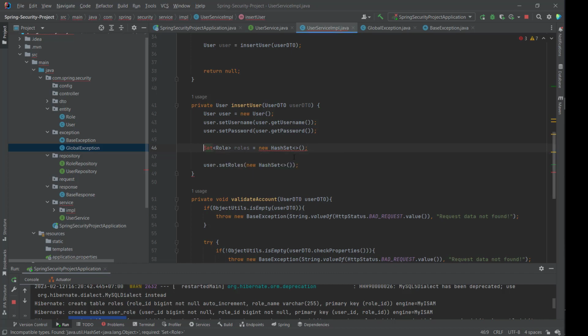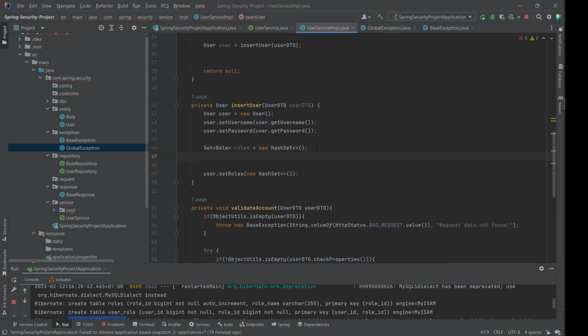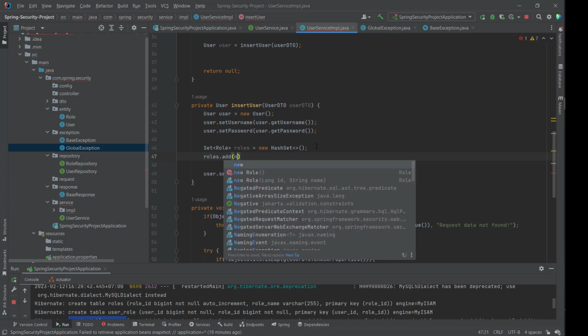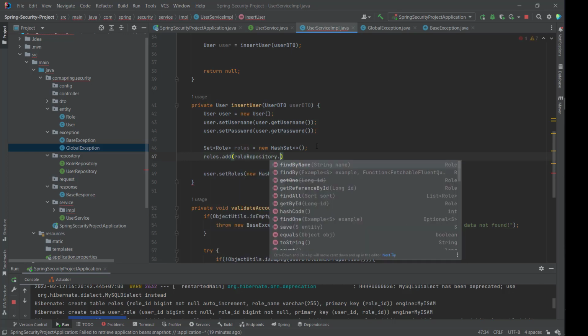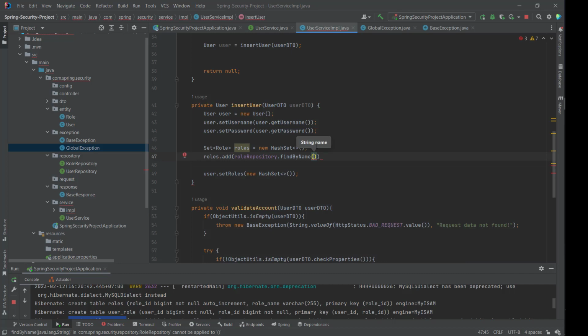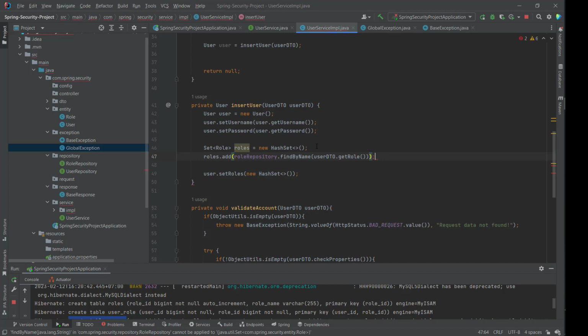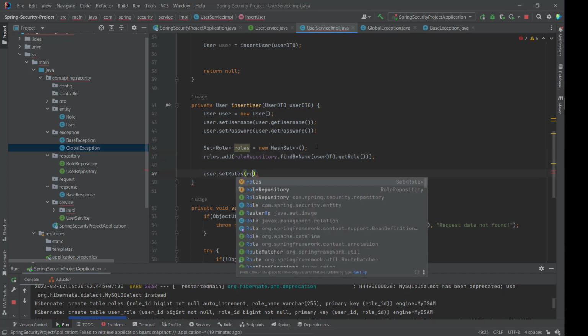For the new access here, we will use the role repository.findByName equal userDetail.getRole, and then we will set user.setRole equal role,